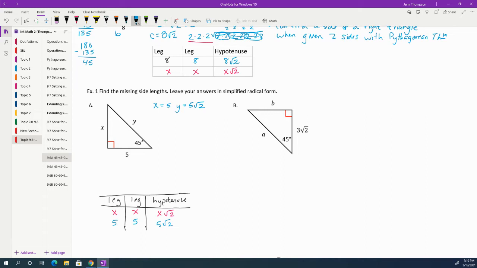I want to show you another method. I have another method here that I call the ratio method, all right? And the ratio method can be helpful as well. So the way that I use the ratio method is